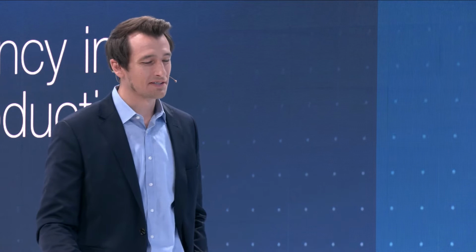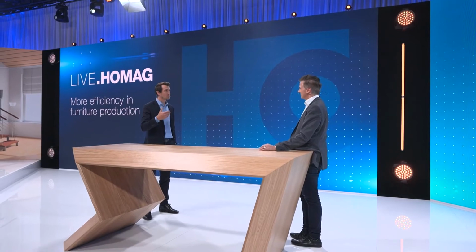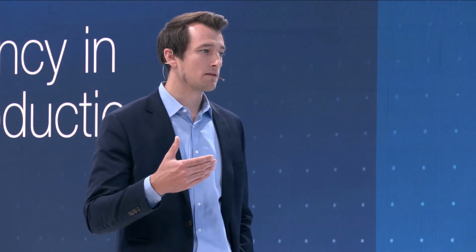Okay. And where do you see the greatest development potential in the industry? I guess everyone is speaking about it, and that's why it might be a little boring of an answer, because I guess the main challenge is really the implementing of processes and functions into operating systems, no matter whether those are on-premise or in the cloud or as a service, but using the possibilities already out there, to overcome the challenges of the industry. That is what a lot of our customers are still struggling with, and what we are